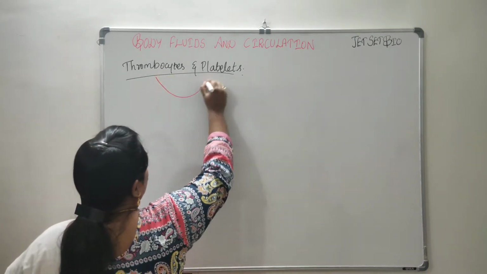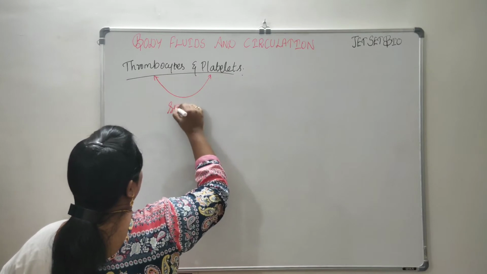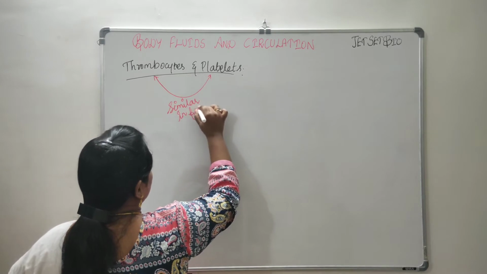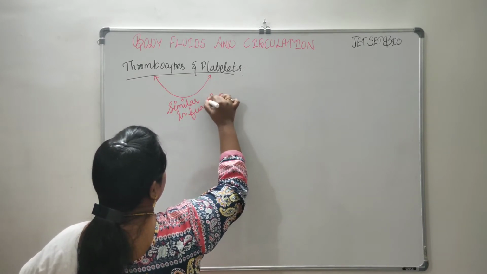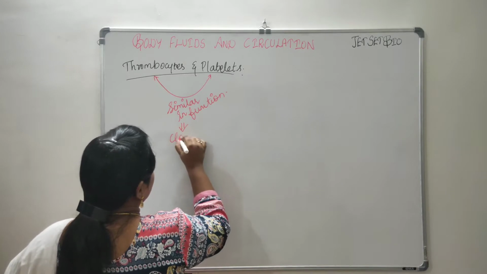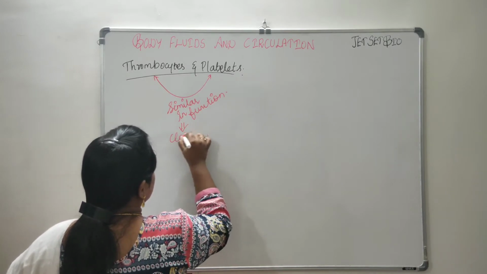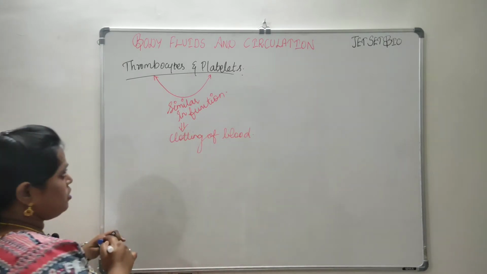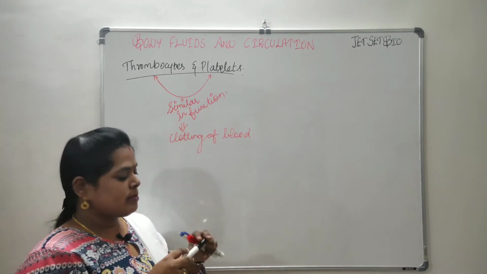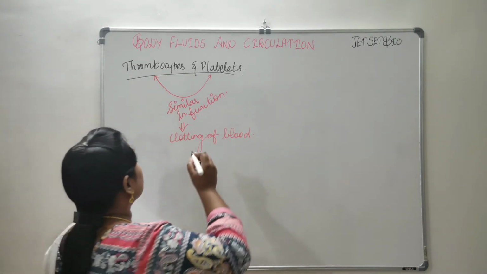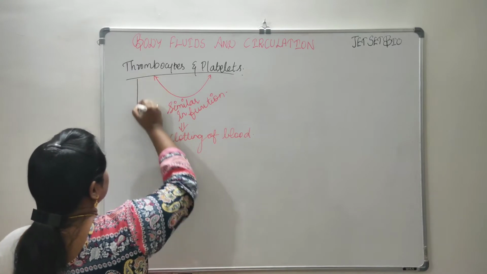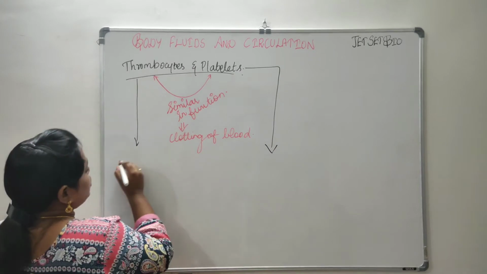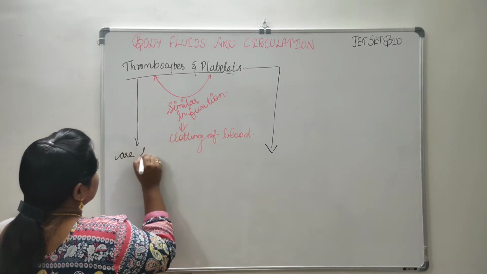They are more or less similar in function. They both help in the process of clotting of the blood. The main process is to help in the clotting of the blood. The only difference found between thrombocytes and platelets is that the thrombocytes are found in